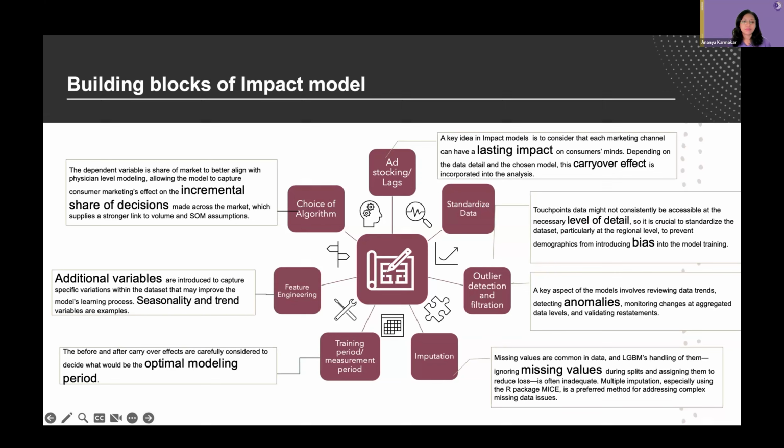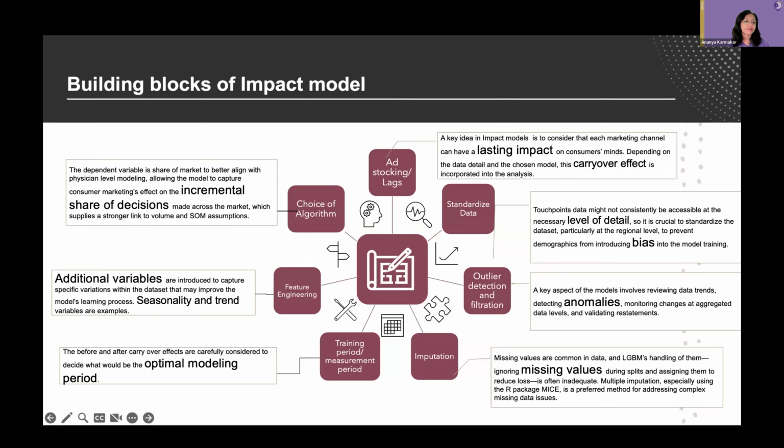Then we have our model creation, which also has many feature engineering steps enabled, especially for accounting for the seasonality and the trend in the data. Besides, we have a few specific flags, groupings, and decilings that may also enhance the model learning and capture the variations in the data set. And finally, we have the model choice.